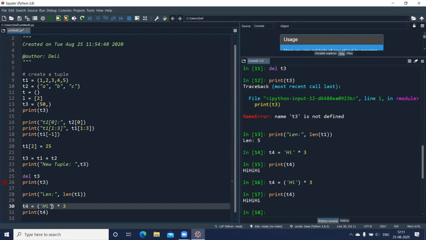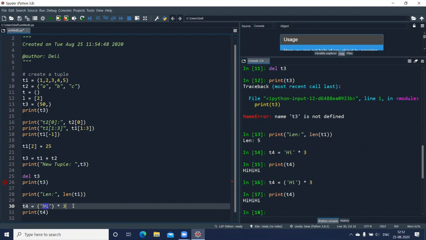If you want to create a tuple, it has to be in round brackets. Even if I put this in double quotes, it is one and the same thing. Single quote or double quote, no problem. But it must be inside a round bracket and not only in double quotes hi.